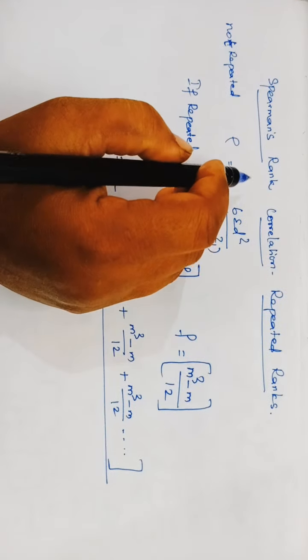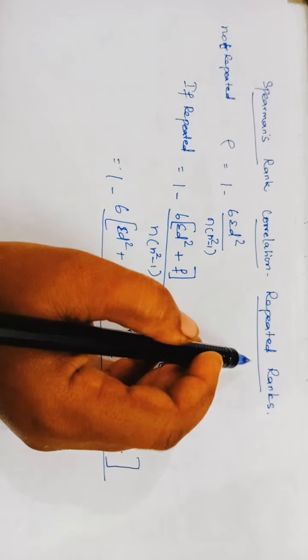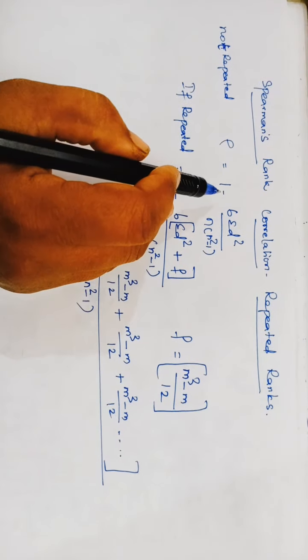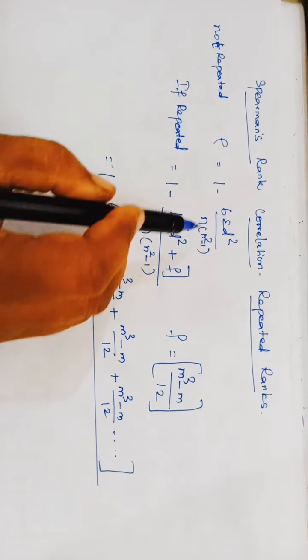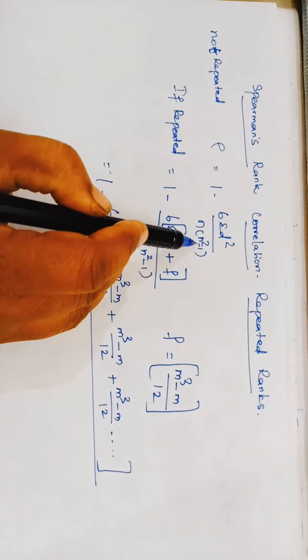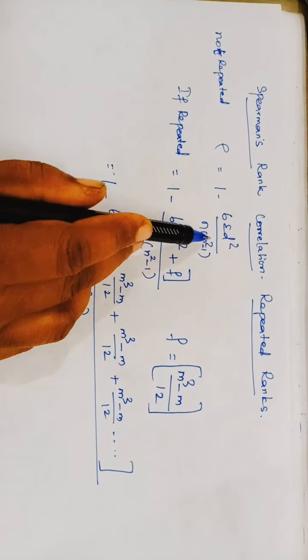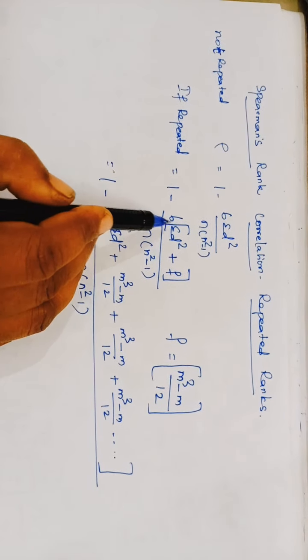Students, today we are going to discuss Spearman's rank correlation if the ranks are repeated. Already we have discussed, when the ranks are not repeated, we have used the formula 1 minus 6 into sigma d squared divided by n into n squared minus 1. If the ranks are repeated, there is a little bit of change in the formula, that is 1 minus 6 into